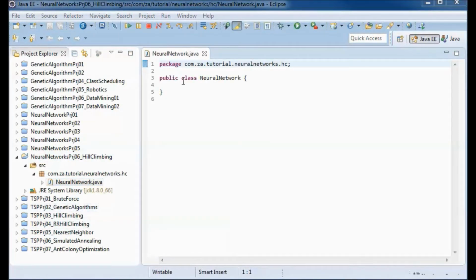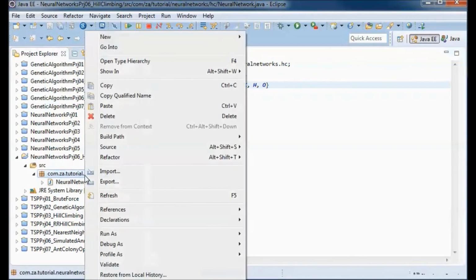And a neural network will have neurons that are in one of three layers, either in the input layer, or in a hidden layer, or in the output layer.